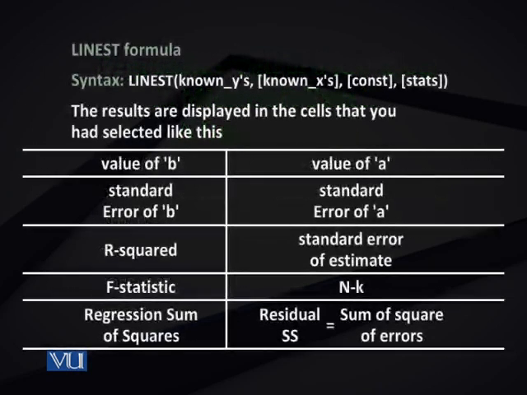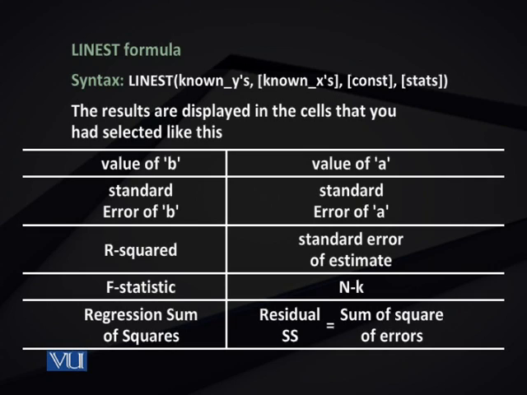Remember that we can use regressions of up to 50 independent variables by the line_st command, and the results of the line_st command are displayed in a specific way that you must know. The first row will be the value of the coefficients, starting from the nth coefficient, ending at the intercept. The second row will be the values of the standard errors of those coefficients. In the third, fourth, and fifth row, you will have values like R square, F statistic, and sums of square, etc., and degrees of freedom, number of observations.